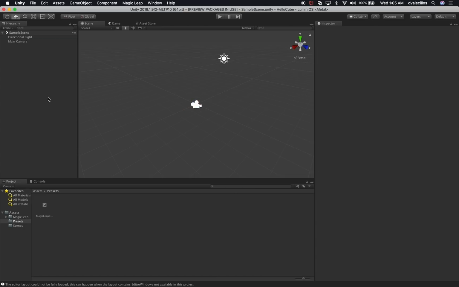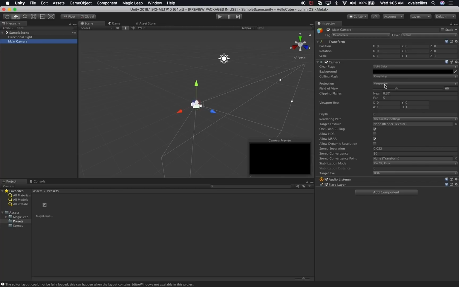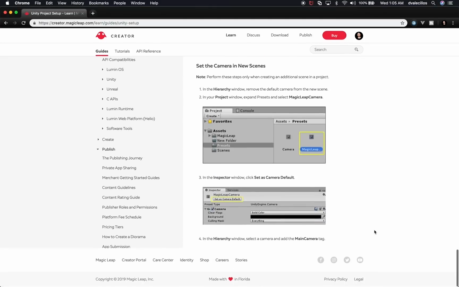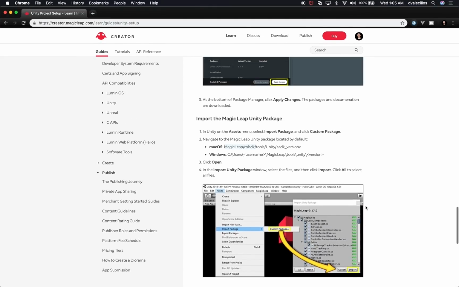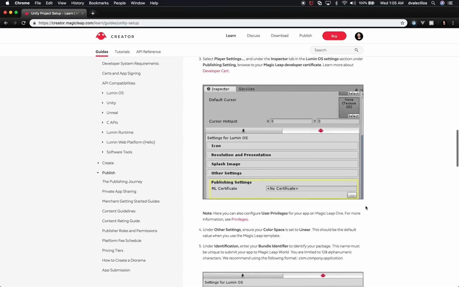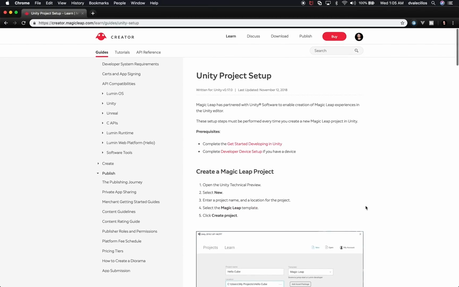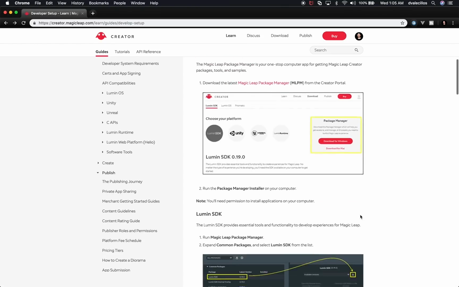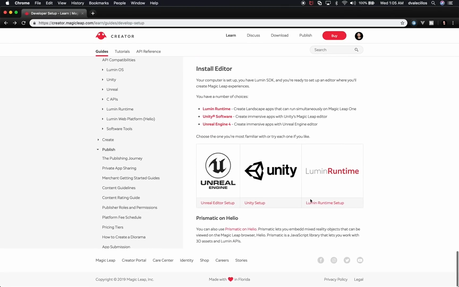So let me go back in. Okay, so I think everything that we have right now should be good. And then remove from the main camera. I think all of these things are already defined. Okay, perfect. So I think all of this looks good, and we configured everything correctly. So I'm just going to go back and scroll down. Let's go back into the Unity setup,